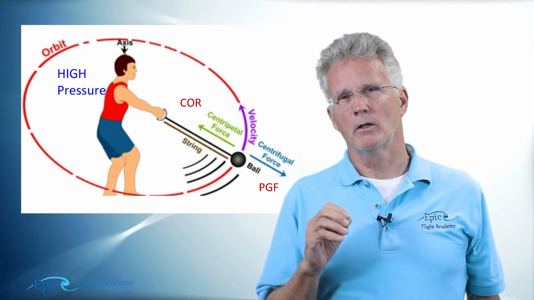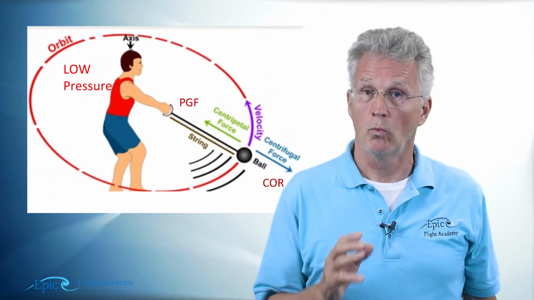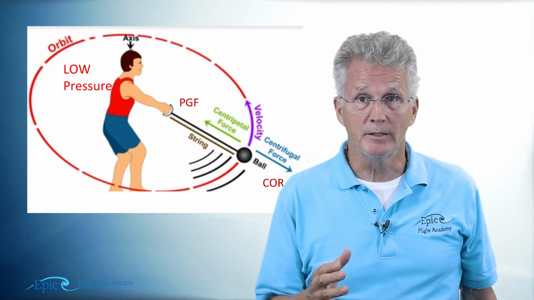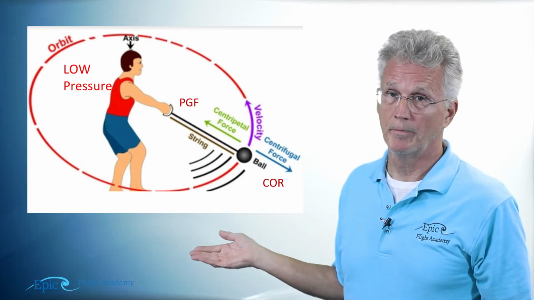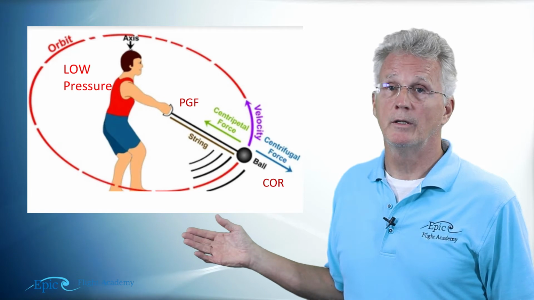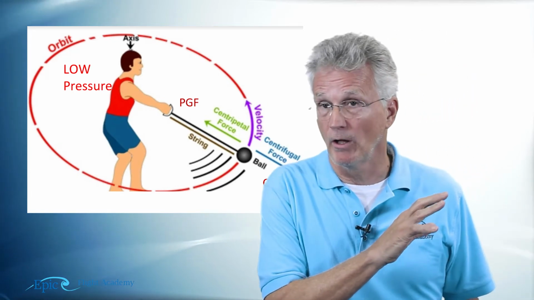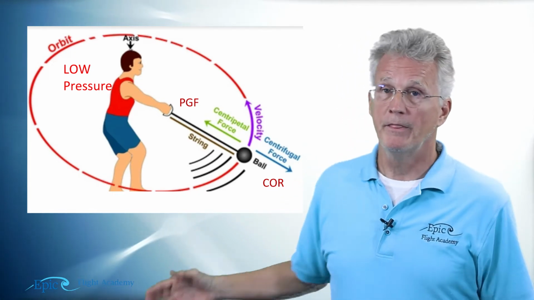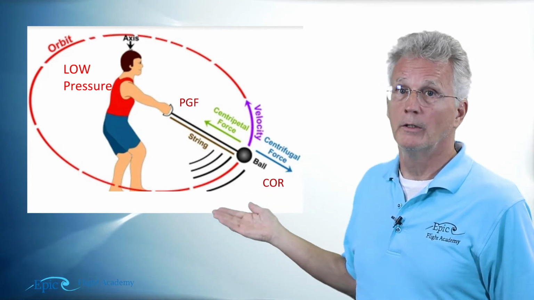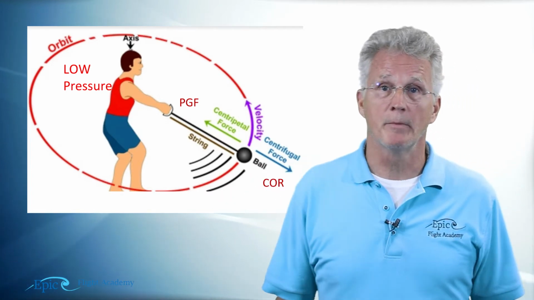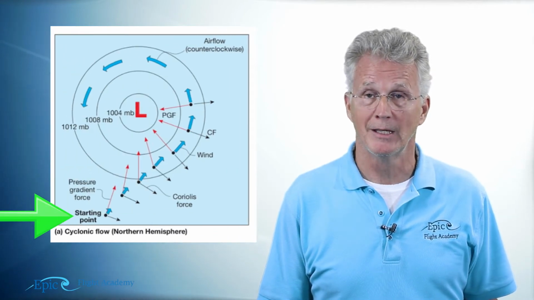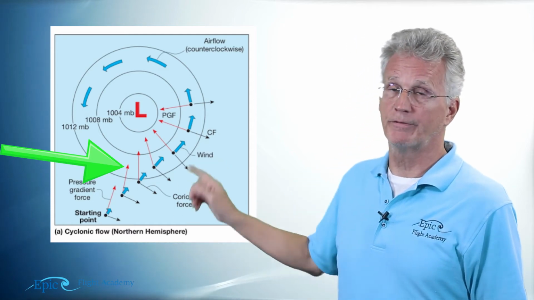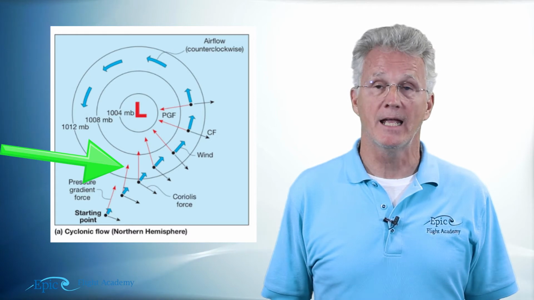Now, what about a low pressure system? Well, the same forces are going to take effect, but if you take a look at this diagram, instead of the wind in the atmosphere flowing away from the pressure center, away from high pressure, they're flowing toward the low pressure. So in our diagram here, take a look where it says starting point, and again, that red line represents the pressure gradient as the air tries to fill that low pressure area, and again,